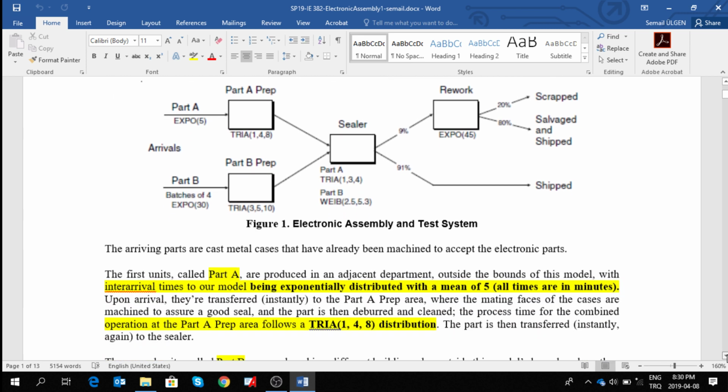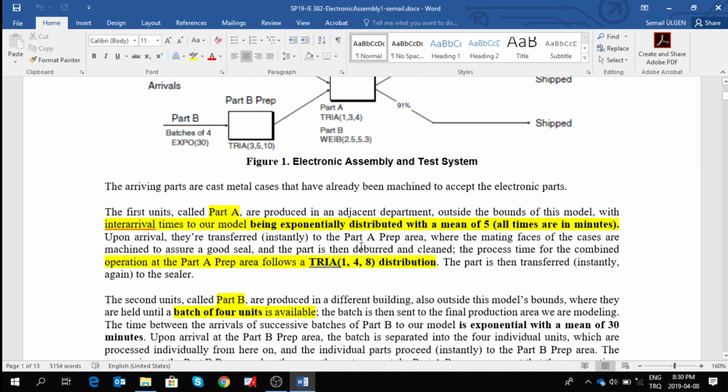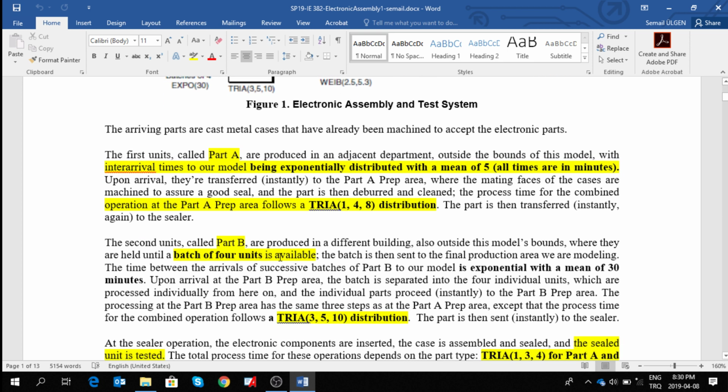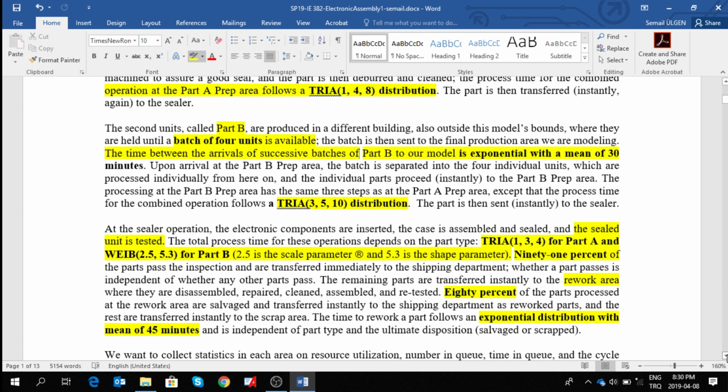You can see I highlighted some of the facts. Here you can find it in the question too. For example, I highlighted the batch of 4 units that are coming in, and I'm supposed to also highlight this part too: part B exponentially with a mean of 30 minutes. It's the time between arrivals of successive batches of part B. Similarly for part A, the information is given, and this part is about the sealer information, and there's